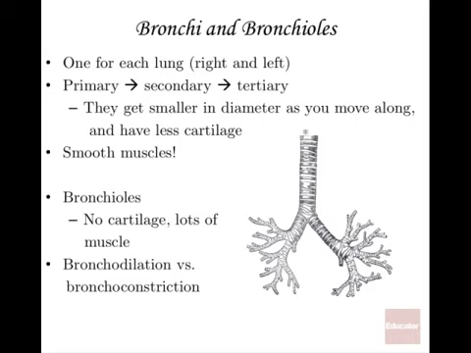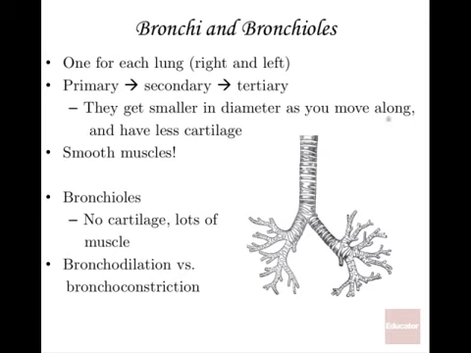This is an anterior shot. We're looking through the chest of this person. So even though this is on your left, this is where the right lung is. This is where the left lung is. So right primary bronchus, left primary bronchus. And it goes in sequence from primary to secondary to tertiary. As I said, this is the primary one. These in here would be your secondary bronchi branching off of it, and then you get into your tertiary bronchi. So it is like a branching tree that's upside down.